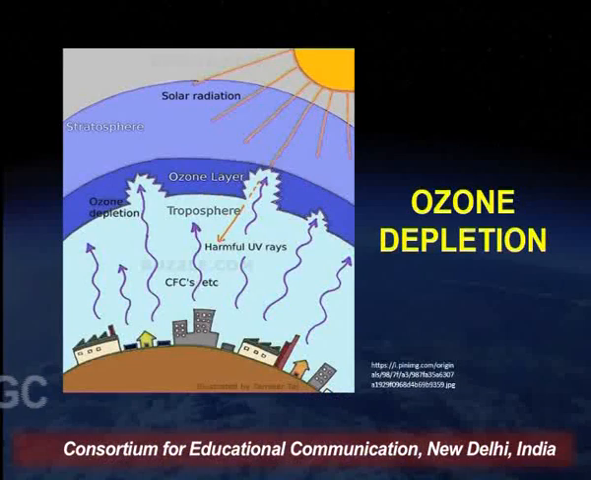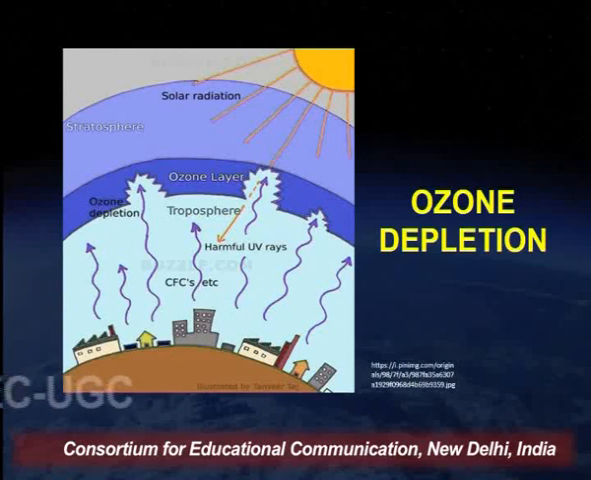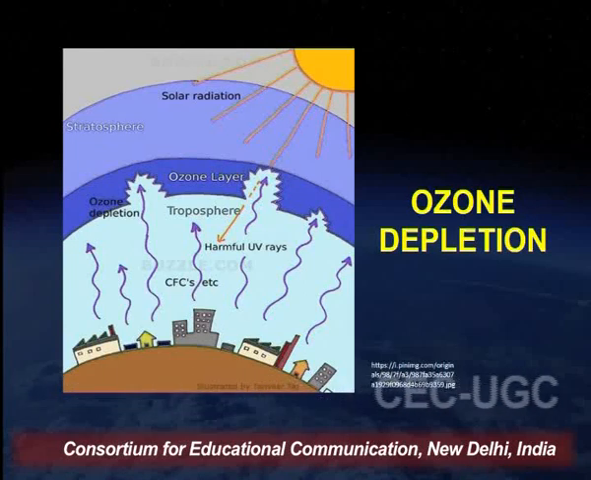So what we find is that because of the pollution in the troposphere, gases like nitrogen oxide from burning of fuels, CFCs, chlorine, and bromine are liberated, and they very slowly go on to the stratosphere. They stay in the stratosphere for a very long time, and they result in the